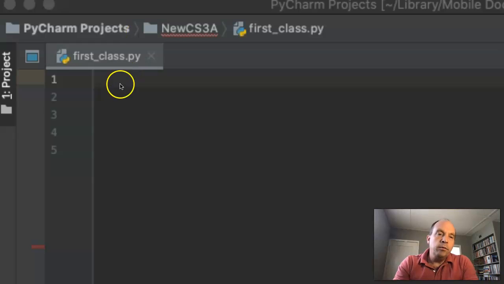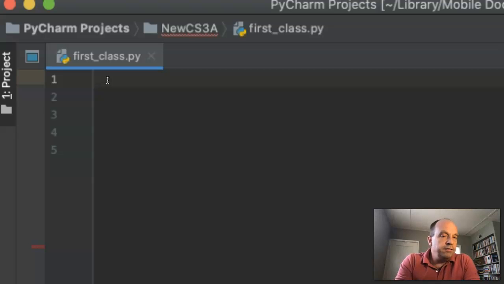Okay, enough talking. We need to actually code up some classes. So let's make our first class here, and we're going to make a class that describes a pet dog. Remember that a class is a blueprint for objects. A class on its own doesn't do much, but it defines what kind of attributes and methods that an object is going to have. Attributes you can think of as things that the object knows, and methods are things that